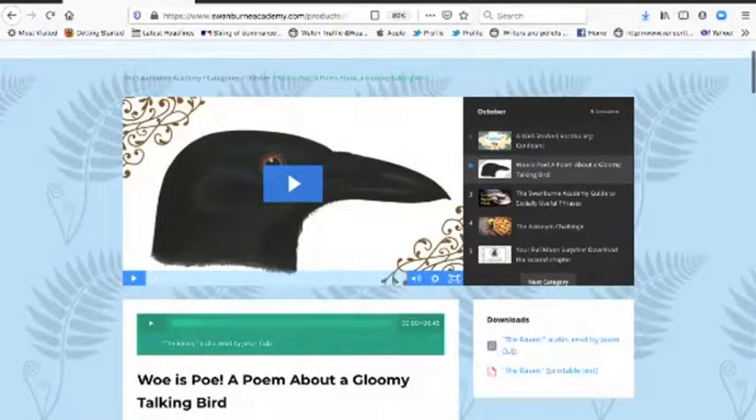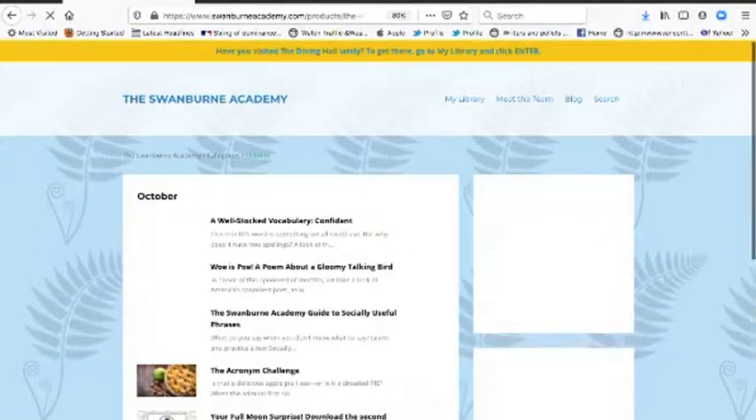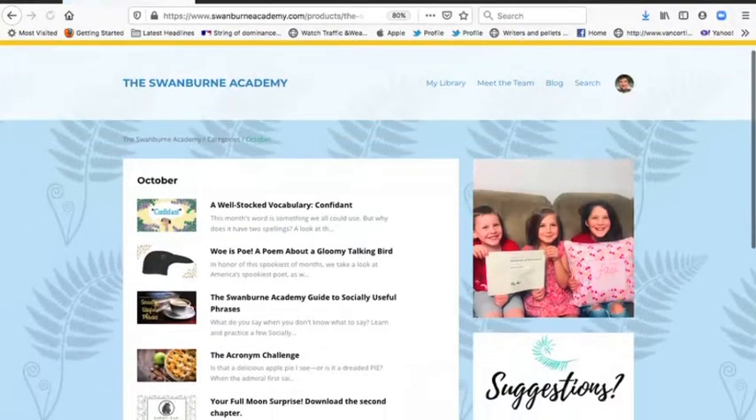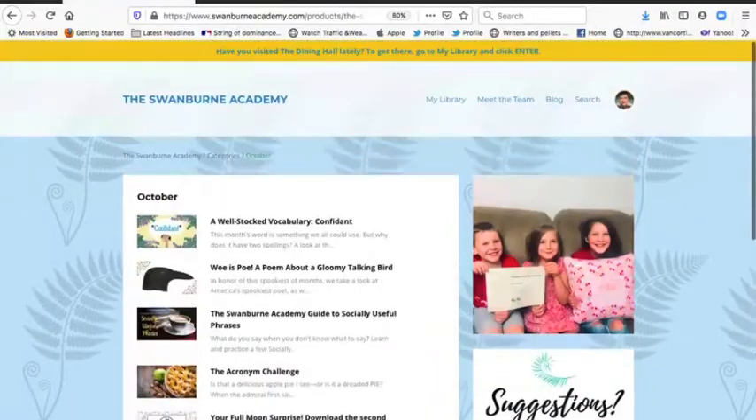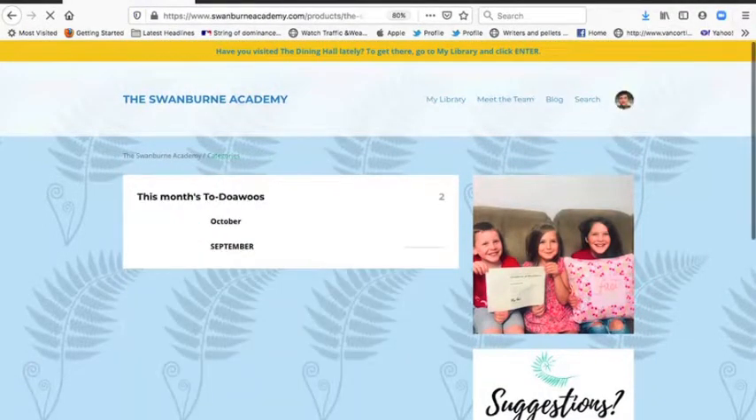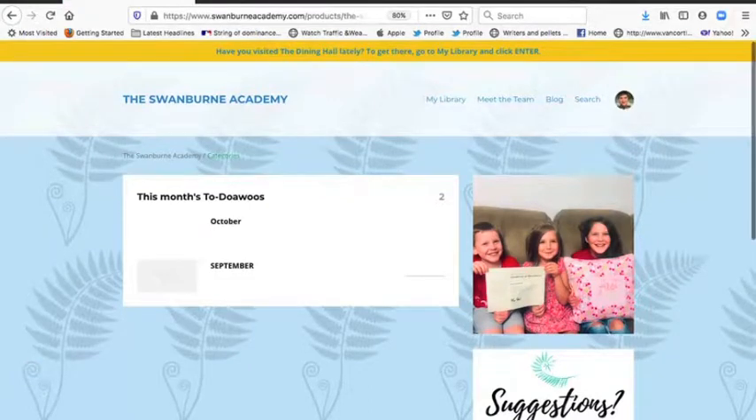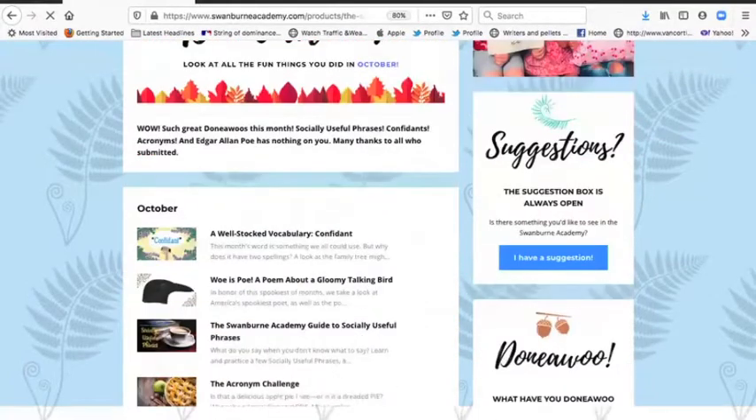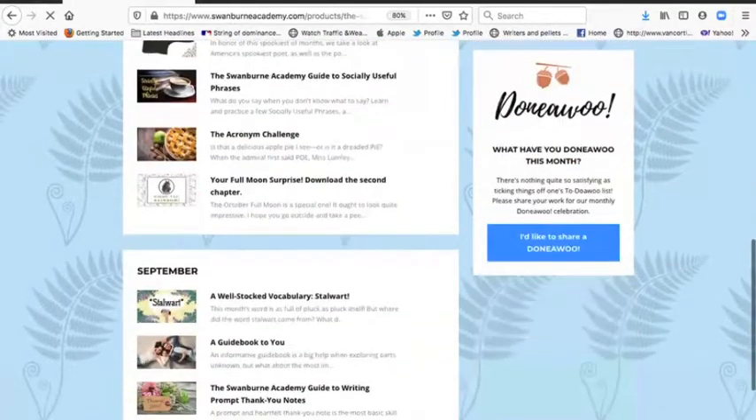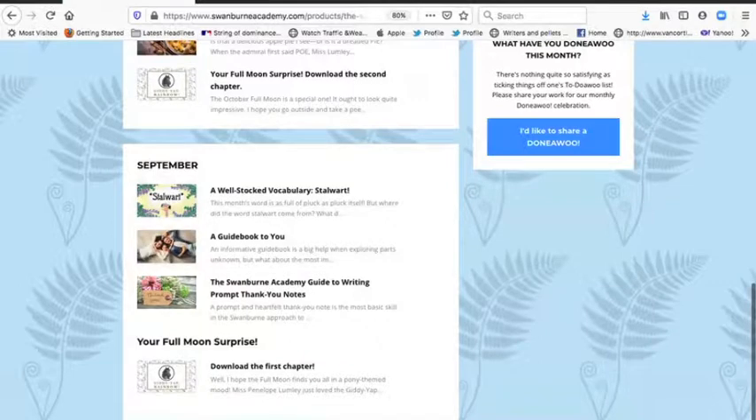I'm going to go back to our main page. I just wanted to point out that previous months remain available. So if I'm looking at October now, if I just go back to the home page, your computer will be faster than mine, I promise. Look, underneath October is September,